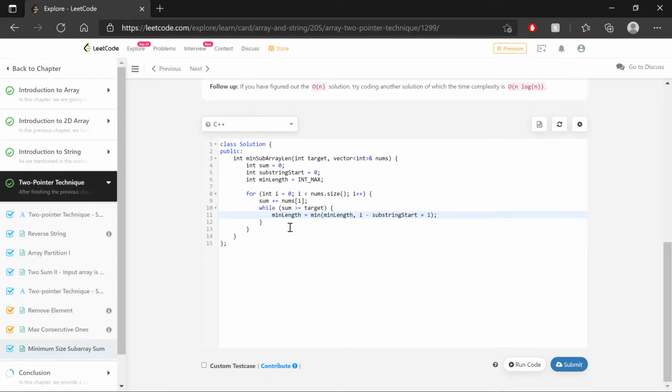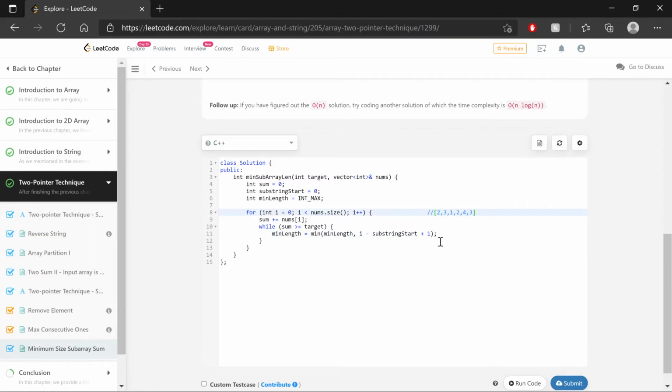First thing to do is making sure our minimum length is set to the smaller of the two options. First option is what it's currently set to, and the second option is the current count of that subsection we're on. And the way to get that subsection is to take our index value, subtract our substring start, and then add 1. So for example here, once we get to this point where we've added 2, 3, 1, and 2